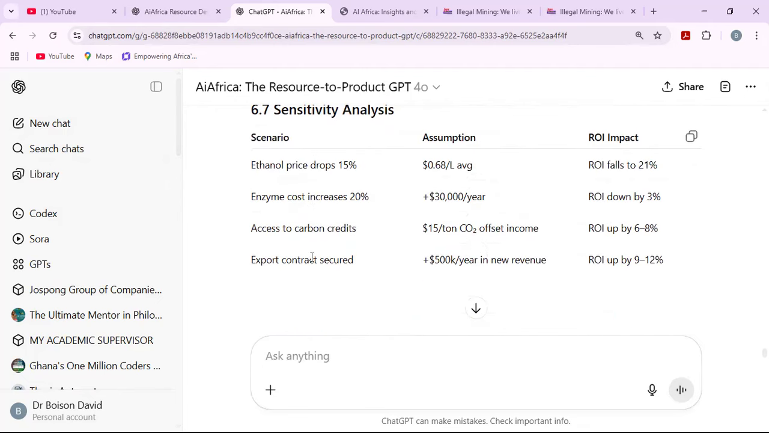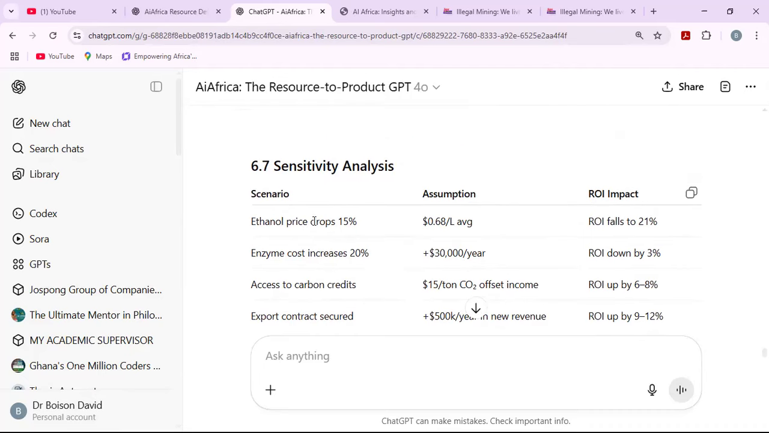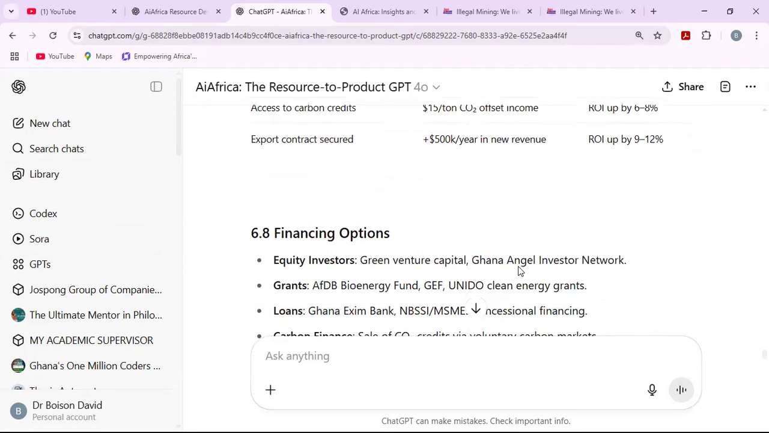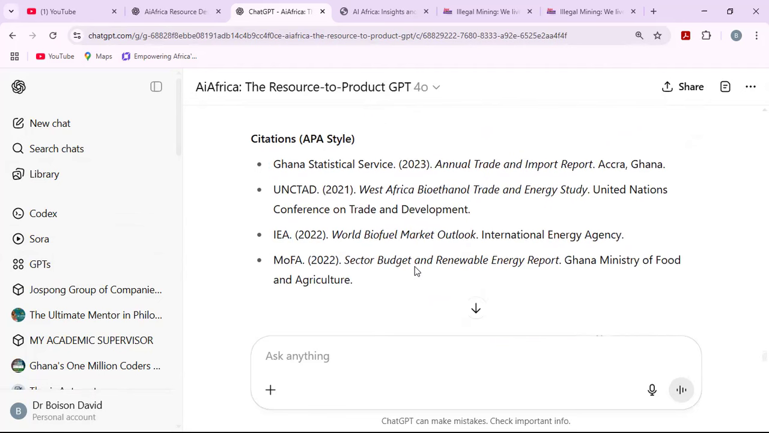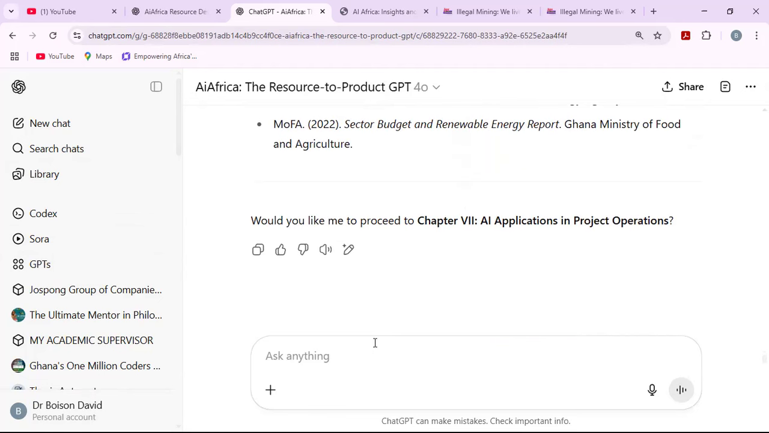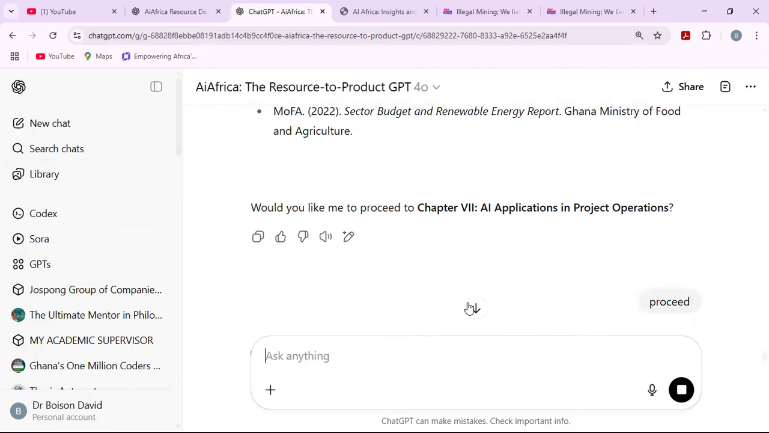And you have a sensitivity analysis that this platform is doing for you. So ethanol price, 15% assumption, and the impact on the return on investment falls to 21%, 3%, 6 to 8%. And this is just amazing. And then financing options are there for you. And that is it. So we move to the next one where we have